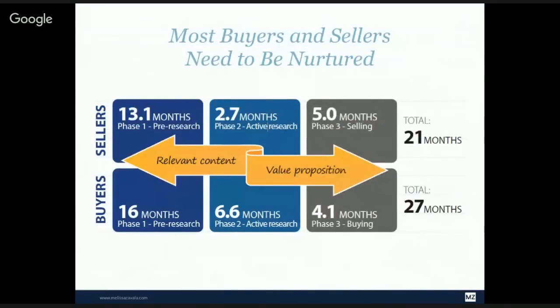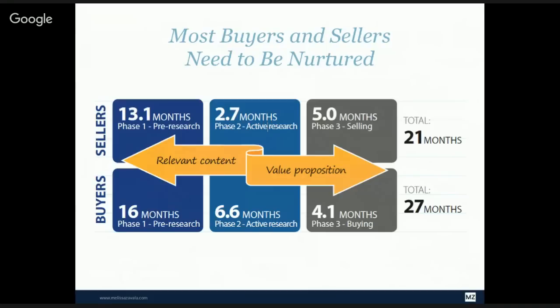And this is the time frame. For sellers, from the time they start using the internet until the time they sell is generally 21 months. And for buyers, it's 27 months. So if you're using a lead gen program on the internet and you just started and you're frustrated because you haven't converted anything, you need to know that your sweet spot is probably about 18 months in, because at 18 months in, all of the people that started using that product when you started are finally going to be getting the ball rolling.